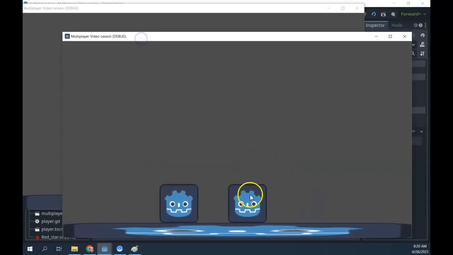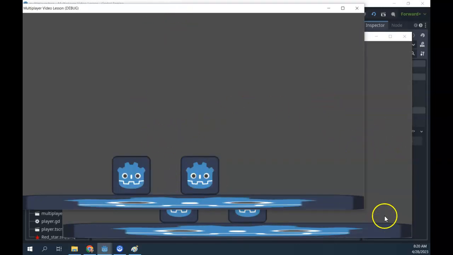So we've got the makings of a multiplayer game, but if you wanted to create something a little more robust, if you have some kind of adventure game, some kind of competition, some kind of thing where you would progress through some levels, we currently don't have the ability to do that because we have one tiny little level here. Now we could make something much larger and show some cameras and move around if you wanted a single level,